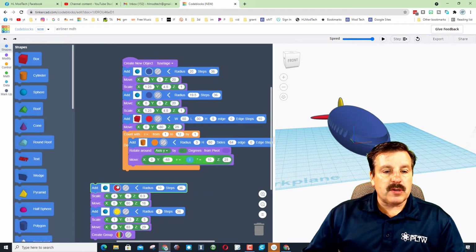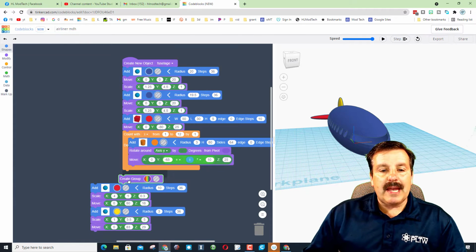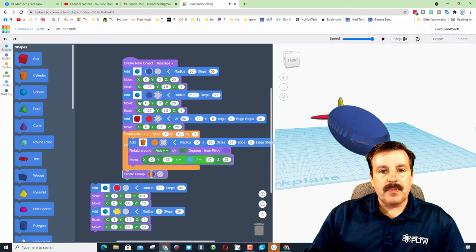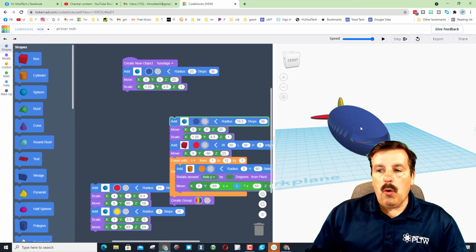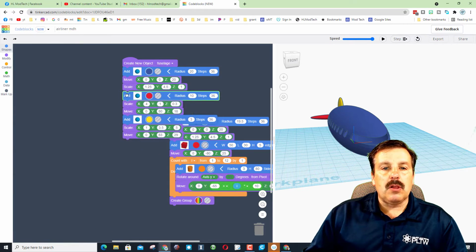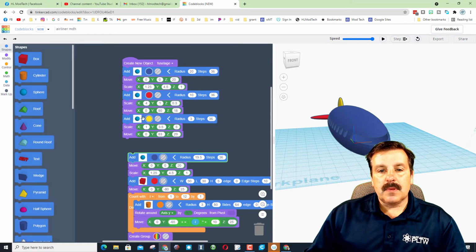First, take your horizontal stabilizer, the red and the yellow or whatever color you picked, and break them off. Take the create group and put it under the orange piece. And then take this second sphere. This was the hole that hollowed out the first sphere, and put it below your horizontal stabilizer and your vertical